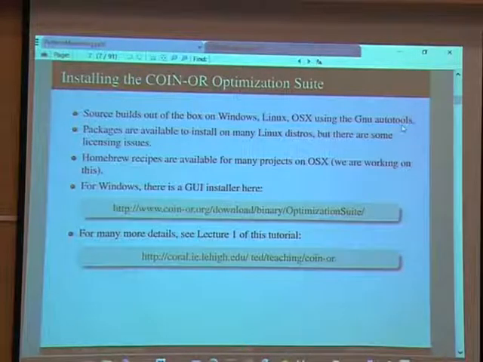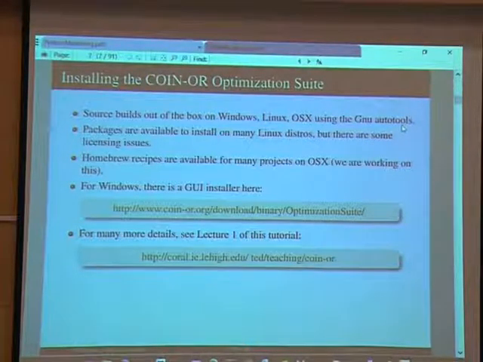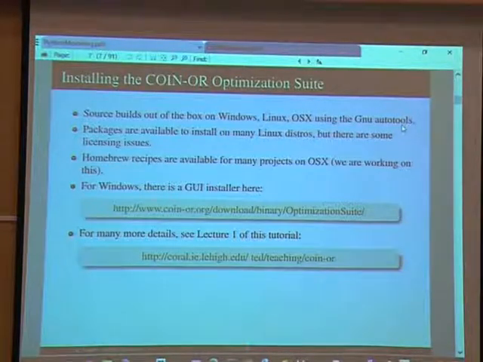I'm not going to go over the details of it all here for lack of time, but I have a tutorial that I gave that consists of 5 lectures, like how to do all this stuff in a fair amount of detail, and the URL is there, so you can find out how to install Coin for your operating system there in detail. But the high-level summary is, there's a GUI installer for Windows, which you can get at the